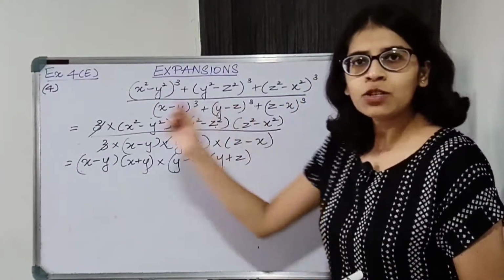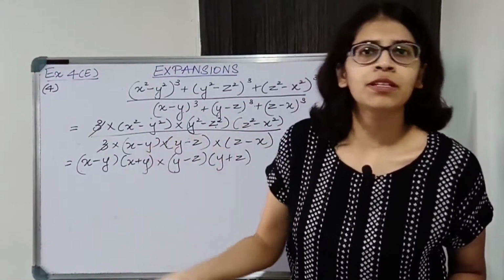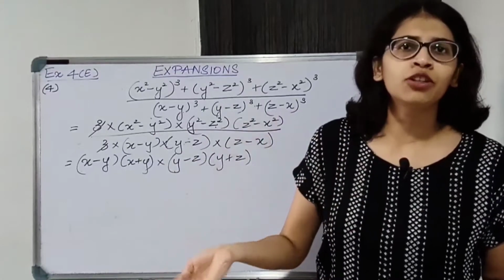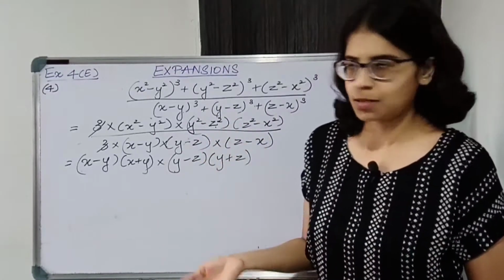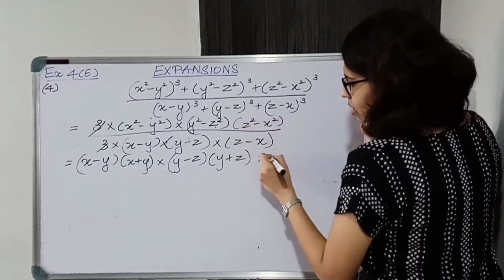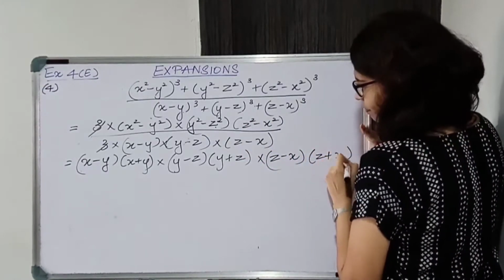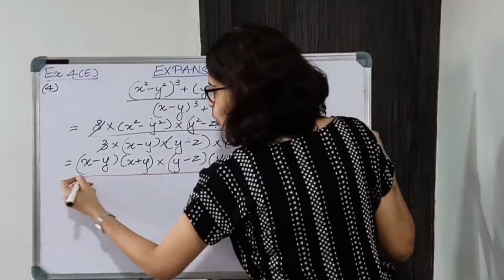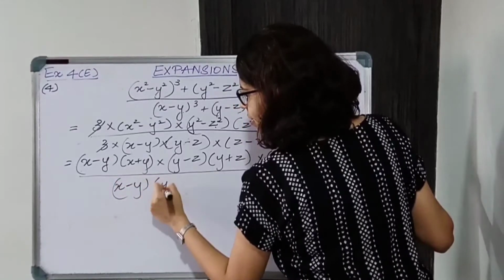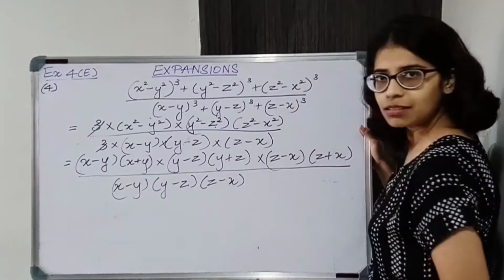This is of the form a square minus b square. A square minus b square is a minus b into a plus b or a plus b into a minus b. Does not matter. 2 into 3 or 3 into 2, answer is 6. Okay. So z square minus x square will be z minus x into z plus x. Okay. This whole thing upon x minus y. All these will remain as it is. Please don't multiply the brackets, students. They are getting cancelled.